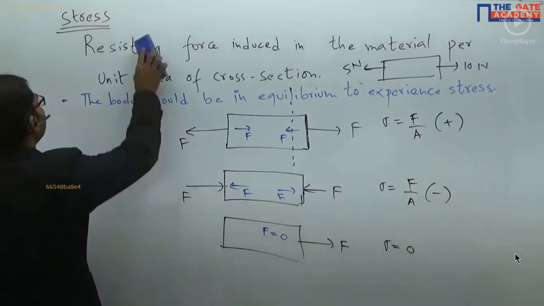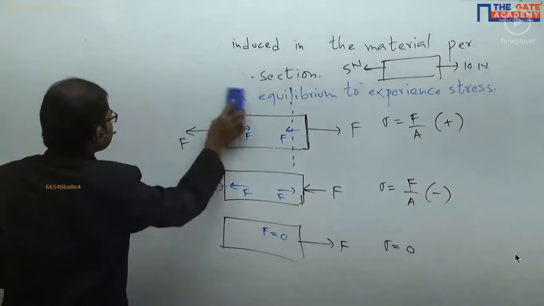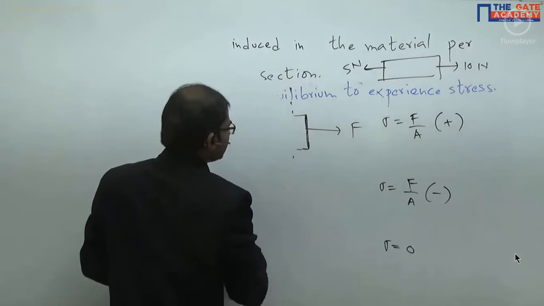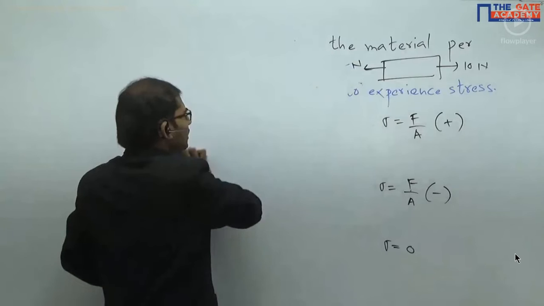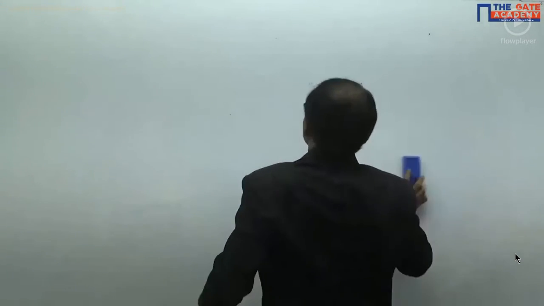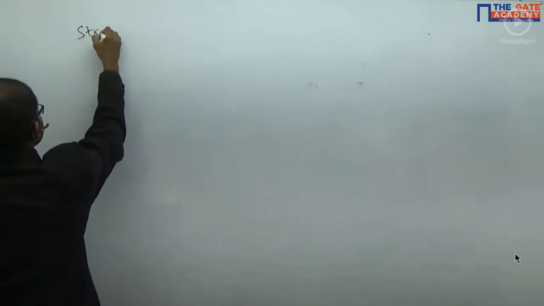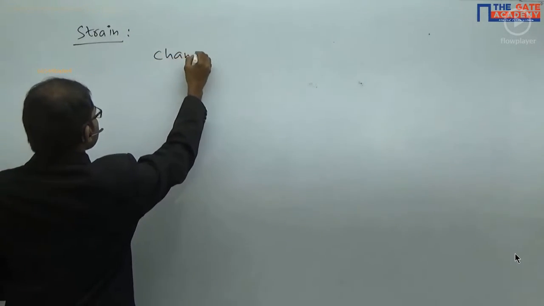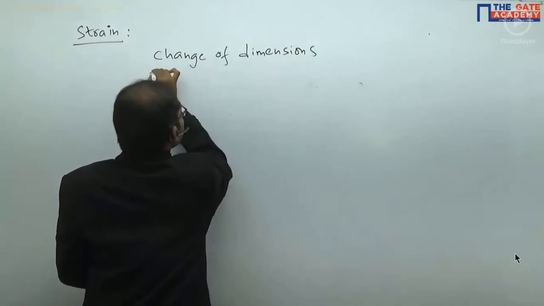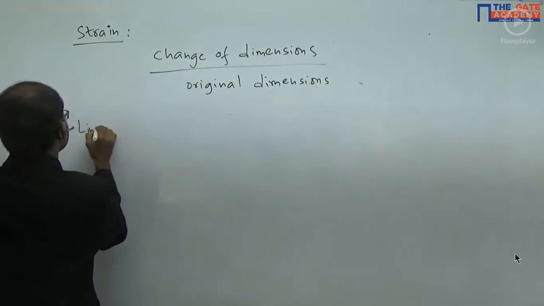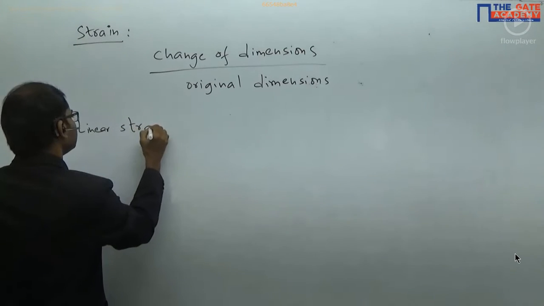I'm rubbing the board. Now we'll go with the definition of strain. Strain is a simple definition, nothing to understand in depth. Strain means change of dimensions to the original dimensions. I'll write it down here, you can understand from here itself. So strain means basically the ratio of change of dimensions to original dimensions. If you go with the linear strain,